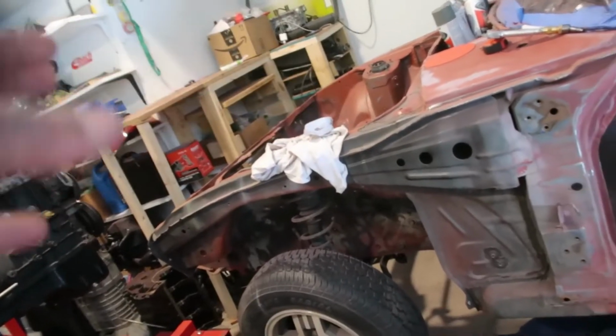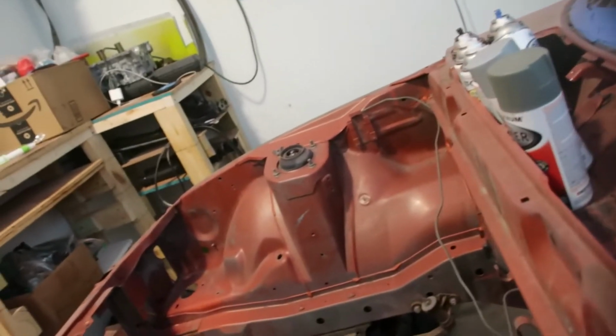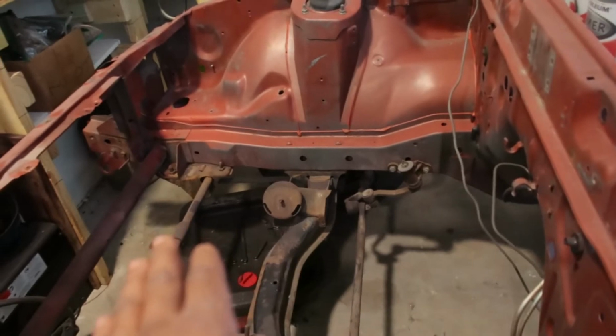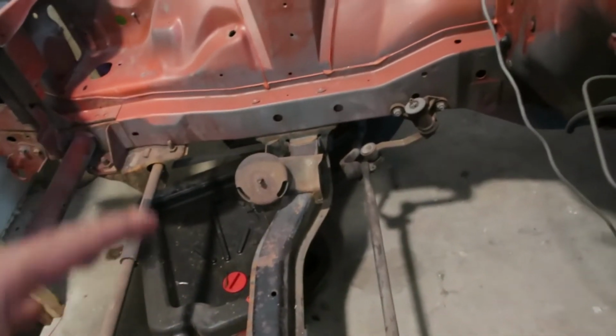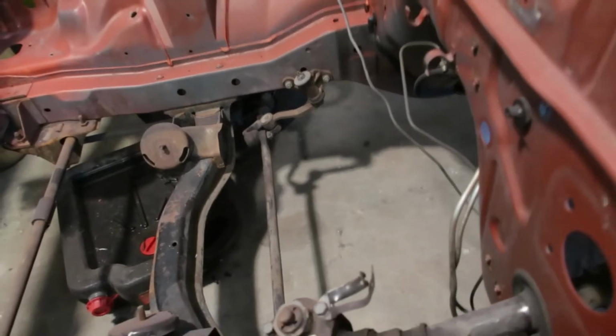I need to jack the front up now so we can take that off and then sanding, because I'm not gonna come back in here and sand this engine bay twice. I'm gonna do this one time, and I want to get it all good. So we need to remove this front sway bar right here. I don't know what you will call this. It's engine support cross member right here, and then the steering linkage. So